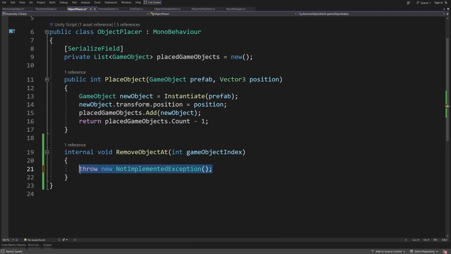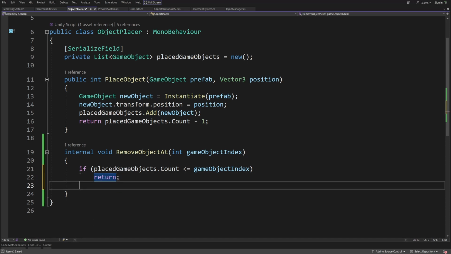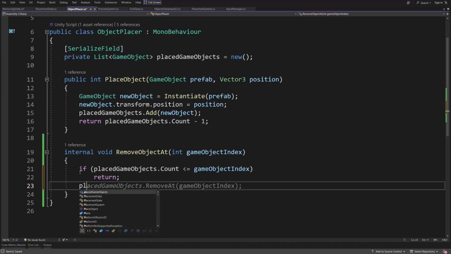So here we can check if our placed game object.count is less or equal to our game object index. This means that the index is not on our list. We are going to return,